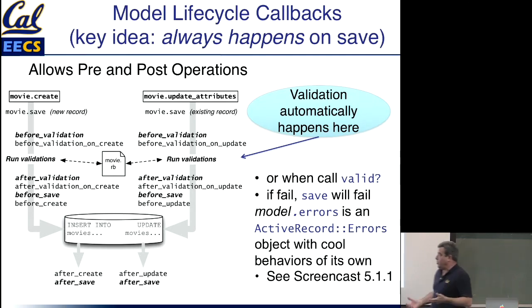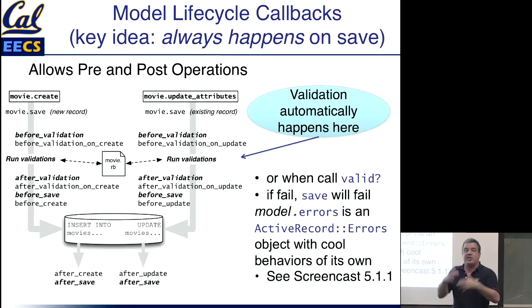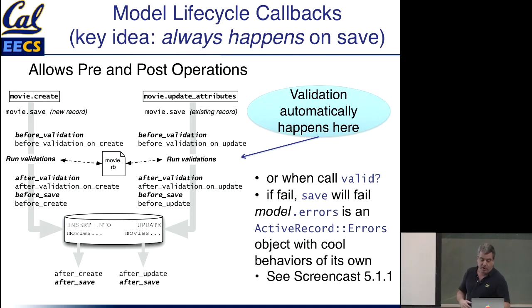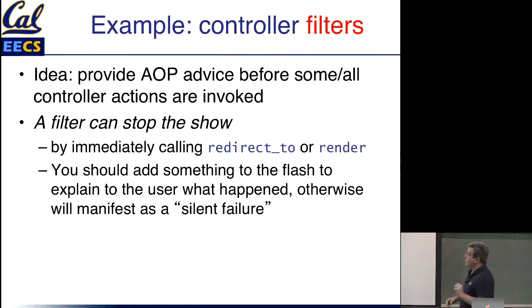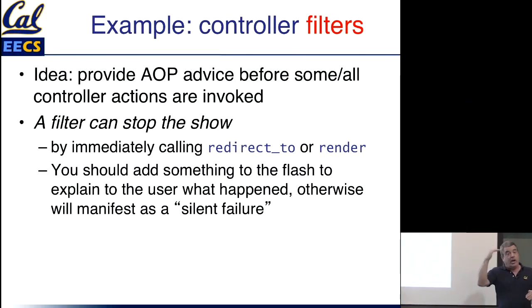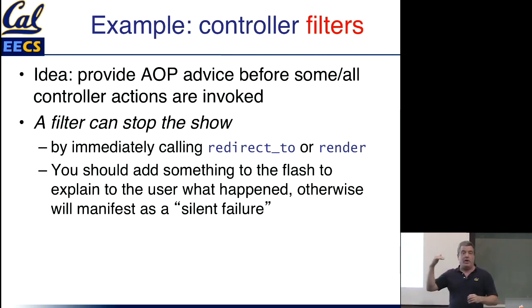So in a model view controller app, the other place where action happens is the controller. There is a similar kind of AOP mechanism, aspect-oriented programming, that applies to controllers. They are called controller filters, even though that terminology is left over from Rails 2 or Rails 3. But people still refer to them as filters. The idea here is another cut point, or point cut, another place where you can have something happen without explicitly calling it from the code, right before some controller action is about to be done.